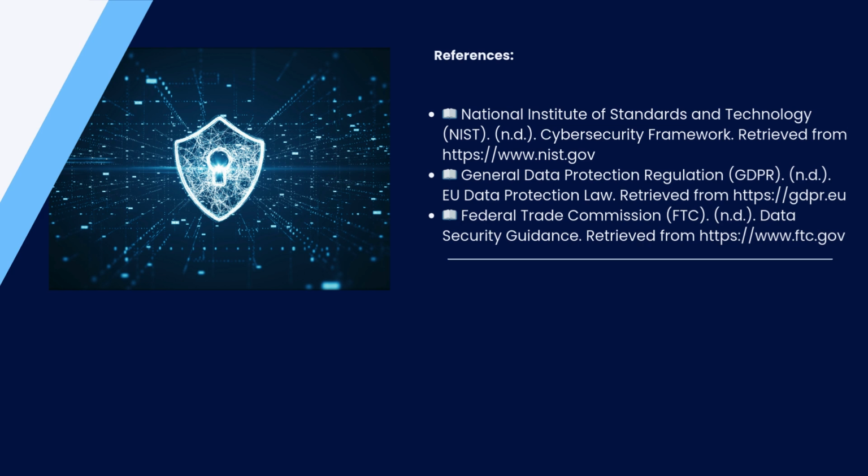This slide lists the sources used to develop this cybersecurity framework, including the NIST Cybersecurity Framework,